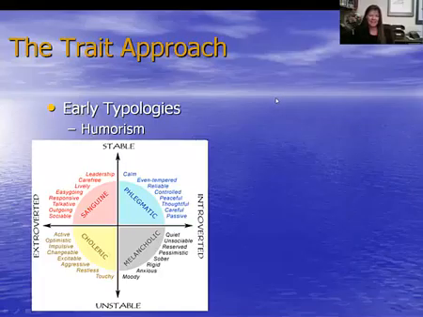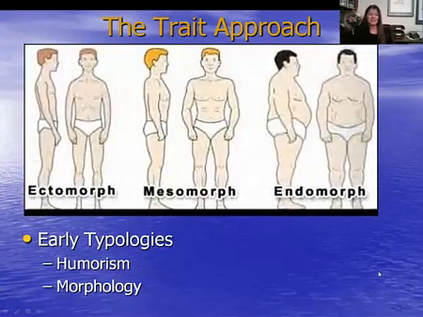Now, another early typology, in the 1700s, was morphology. Morphology is based around the body type, as you can see on the slide. Now, they're good ideas, right? They're all starting from scratch here. But again, it did not pan out with research later on when scientists had the resources to study this more rigorously. However, I want you to know just the basics of this